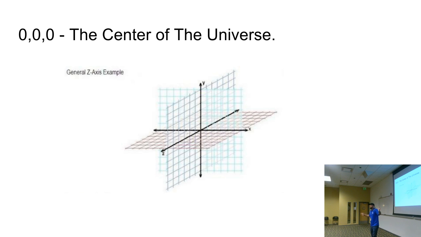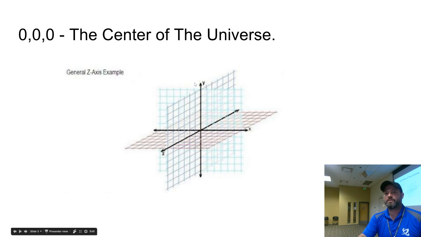So when we move 5 units to the right on our x, we move 5 units this way. And when we move 5 units forward, we move 5 units forward. That's in world space, right? World is always going to be 0, 0, 1 forward, 1, 0, 0 right, and 0, 1, 0 up. And we'll look at that. If you see right here, x, y, and z, y is always up, right is always x, and z is always forward and backward. And when I open Unity, we'll reiterate that.